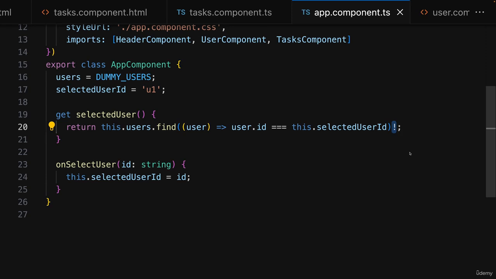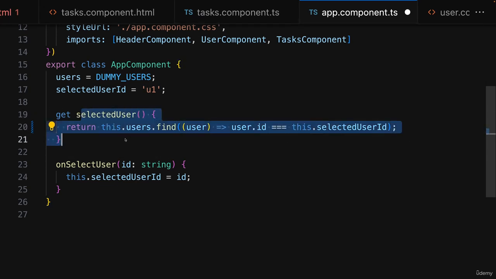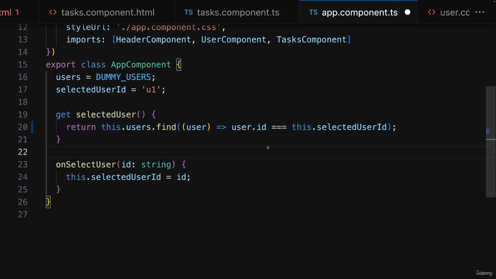Now, as I mentioned before, the main advantage TypeScript brings to the table is that it enforces strong and static typing, which in the end means you have to be clear about which type of value goes where. And it's because of that we, for example, get an error if I were to remove this exclamation mark here in this getter. Because without that exclamation mark, TypeScript correctly shows us the possibility that find might not find a